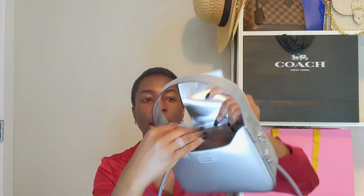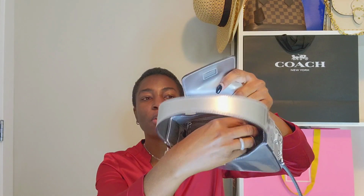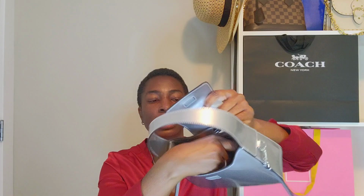So here is what I have on the interior, and then I have a pack of tissues in there. I have my phone case. My phone was in there before, but I'm just using the case to show you guys. That was at the back. And then I have this pouch from Longchamp. This one has coins and some other bits and bobs. And then I took off my jewelry after the party because I was just tired and I just wanted to be a bit free. So I have my bangles there. I have hand cream and a pen in there. And then last but not least is my Tory Burch Kira card holder with that beautiful diamond T logo,